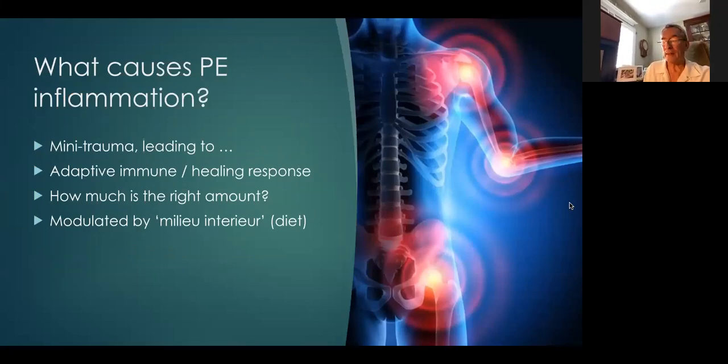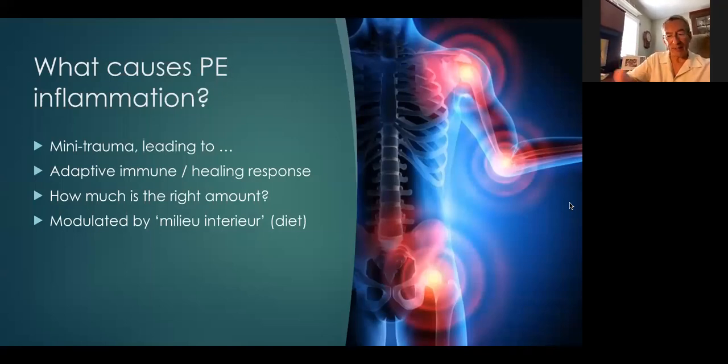So what causes the exercise inflammation that we see in our athletes, in our sports people after exercise? As I said, it's all to do with the right amount of muscle damage and the right amount of muscle repair. So you have mini trauma, more accurately, micro trauma: the rupture of muscular fibrils, which triggers what we call housekeeping responses. These are responses which clear away the damaged tissue, replace it with new fibrils, and